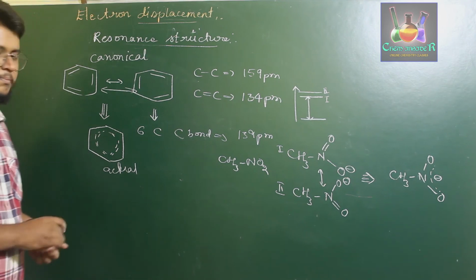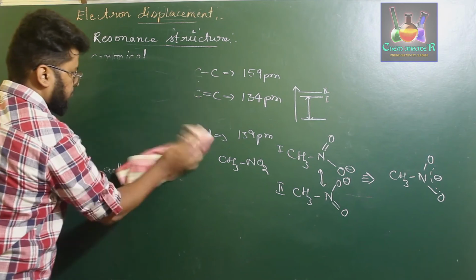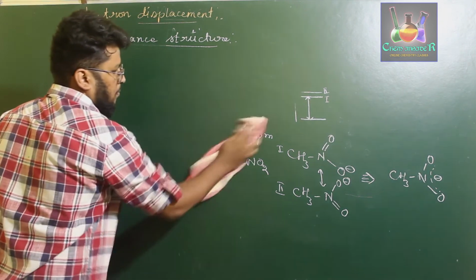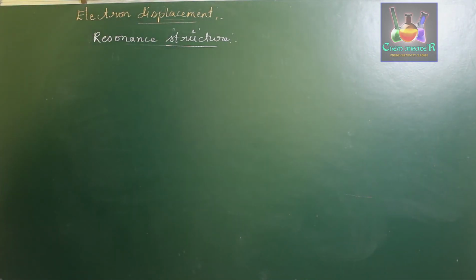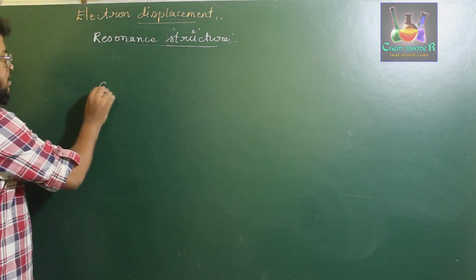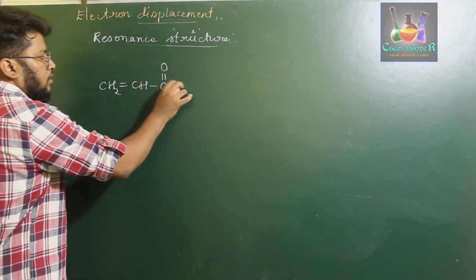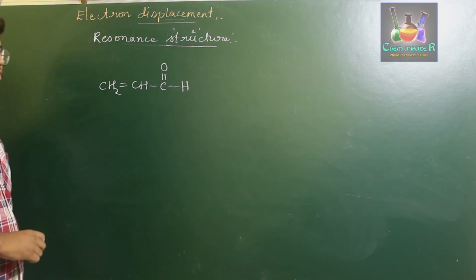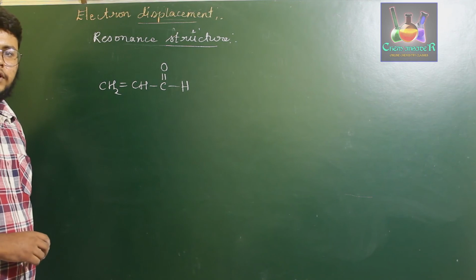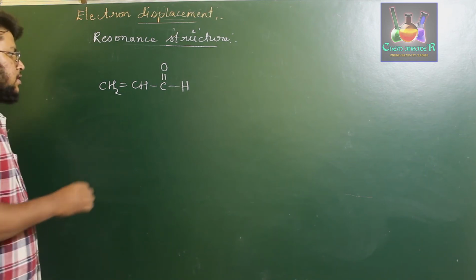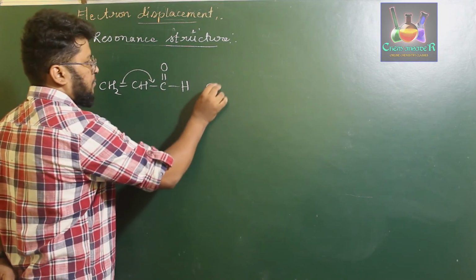Like for example, if you consider the propanol structure, CH2 double bond CH, double bond O, this propanol will undergo resonance to form three different types of structures, where one resonance of this will indicate